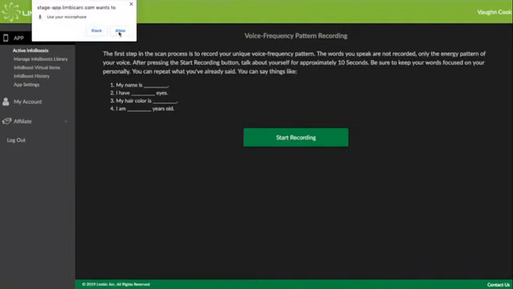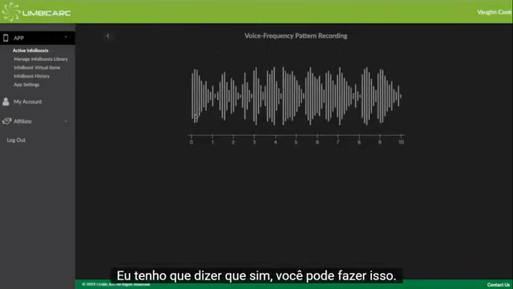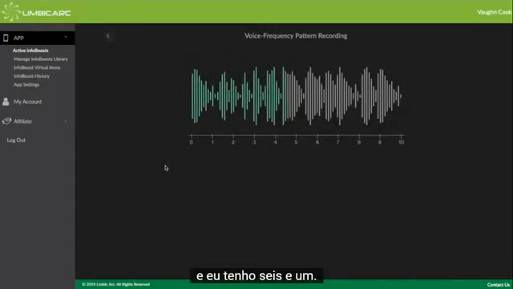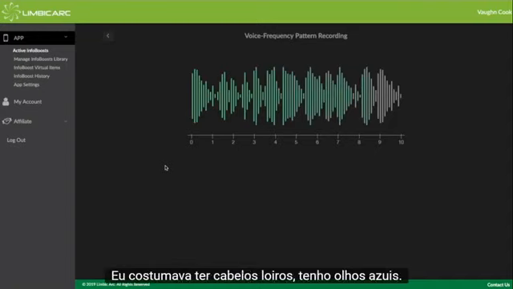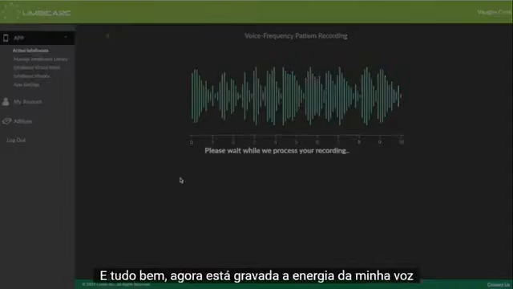So let's see. It says it wants to use my microphone. I have to say, yes, you're allowed to do that. And then I say, okay, my name is Vaughn Cook, and I am 6'1". I used to have blonde hair. I have blue eyes. I am an old guy, and okay,